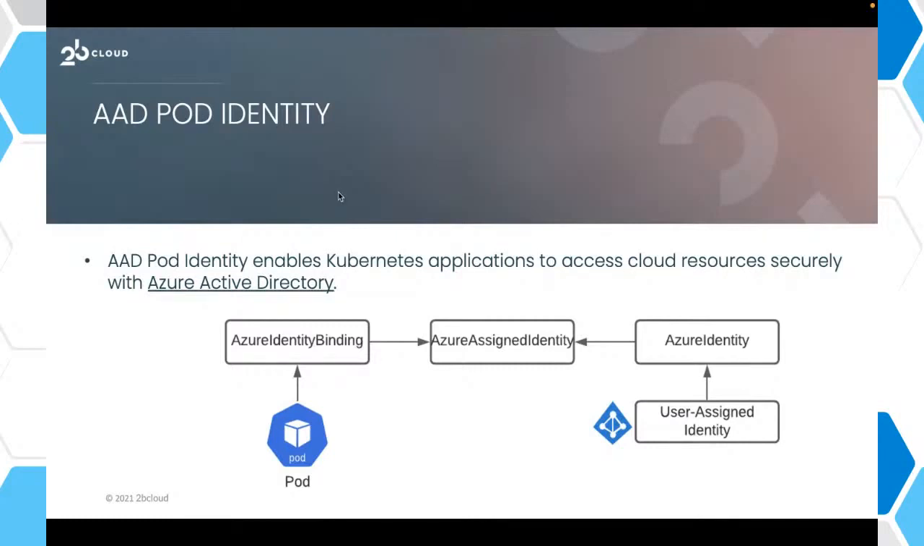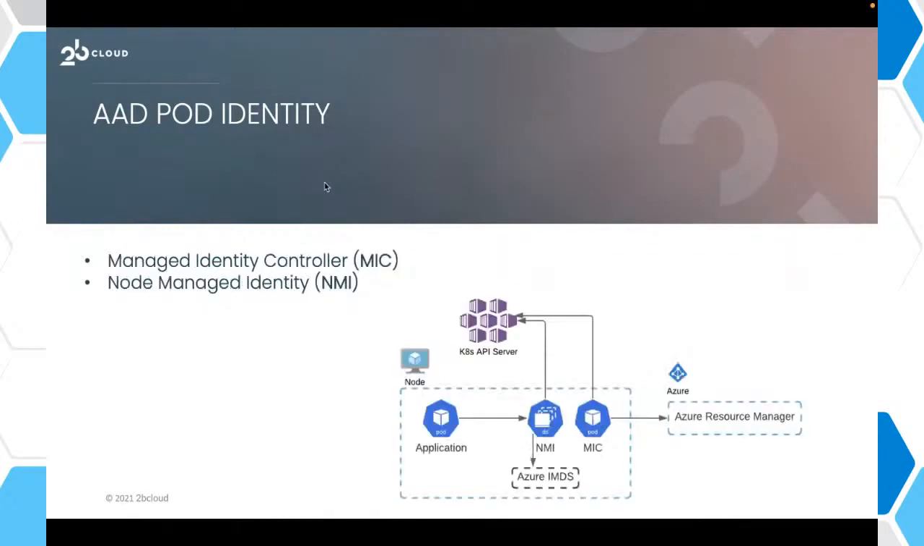And the Azure assigned identities are internal CIDs created when a match is found between bindings and the pod labels. As we can understand, this diagram just describes the relationships between all the different components, and we're going to see exactly how it works in the next few moments. So what's next? When we deploy the AAD pod identity, the following two components are deployed to the AKS cluster,